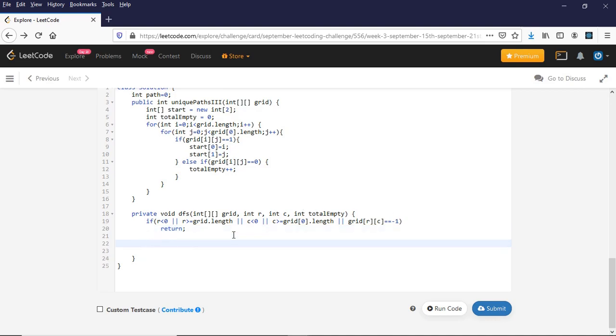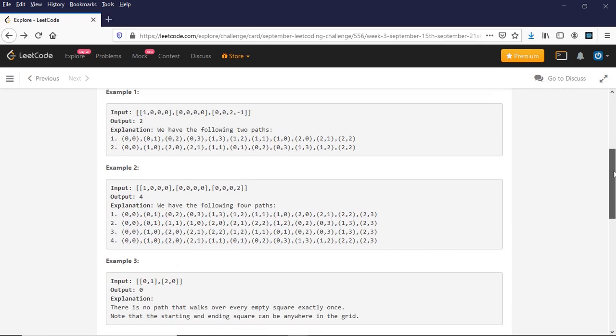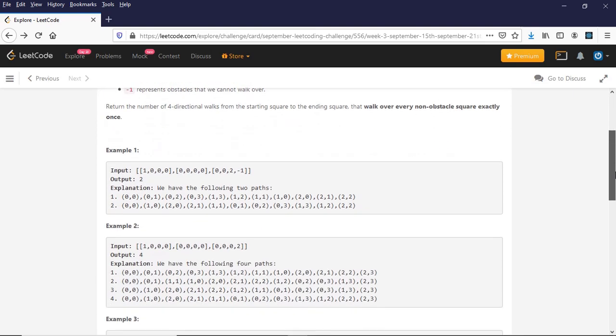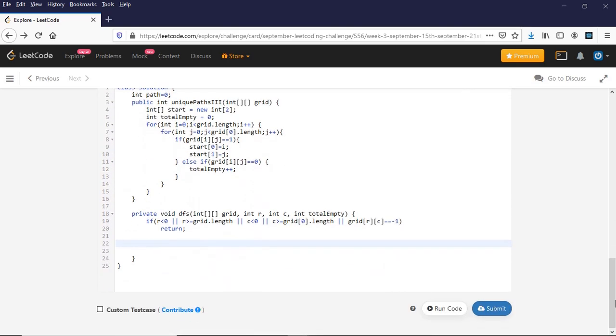So once I visit a cell, right, I need to make sure that I don't go in a loop in that same path. So I need to mark that cell as visited, right? So here in this problem statement we have used numbers 1, 0, minus 1. So we are not using any other number apart from this, right? So for this problem's sake, I can use the number 3 to mark that cell as visited. So let's say I declare grid of R and C equal to 3.